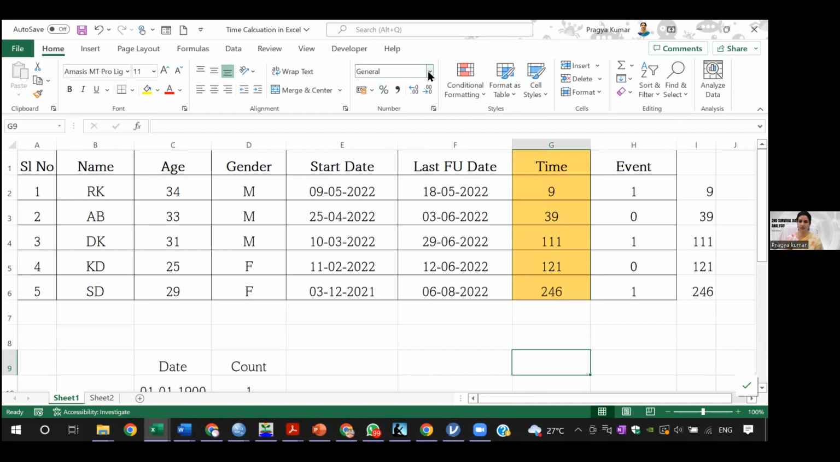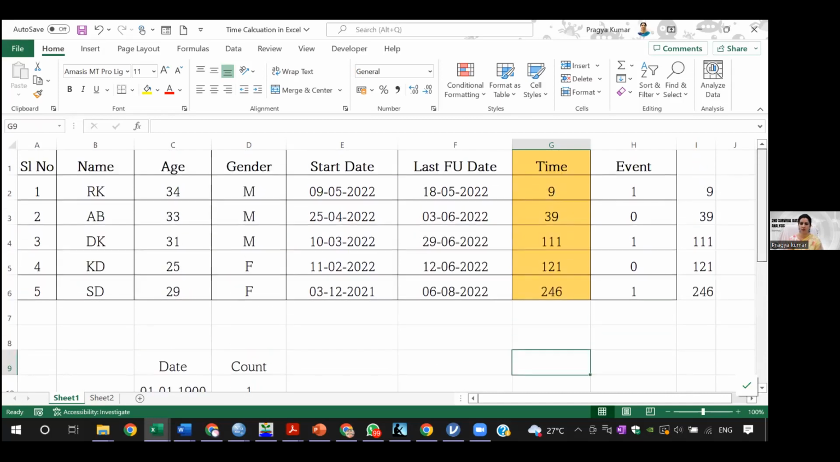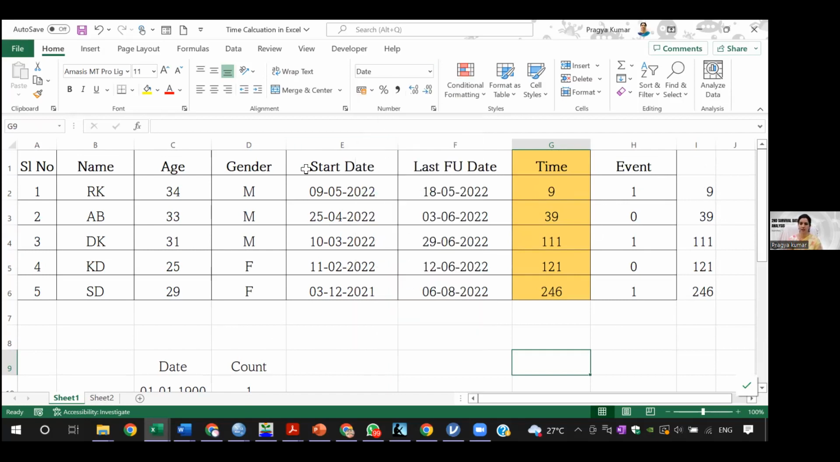Can you see the general number here? Initially it was not coming, I don't know what the problem was. So this takes 1900 as one count, and then if you write the year 2000 in count, it will be 36526, that is the 100 years. That's why Excel, if you just subtract dates, works, because in the background it is the count which is working. So you have to click the date format, select Short Date, write your start date, end date, and then